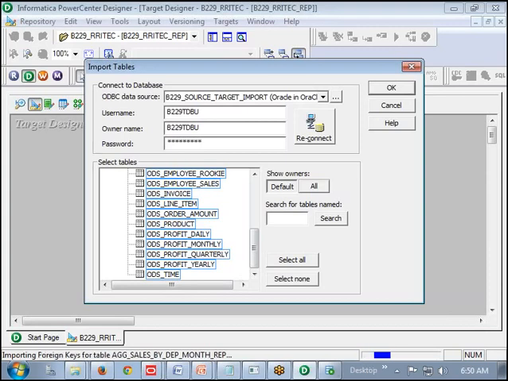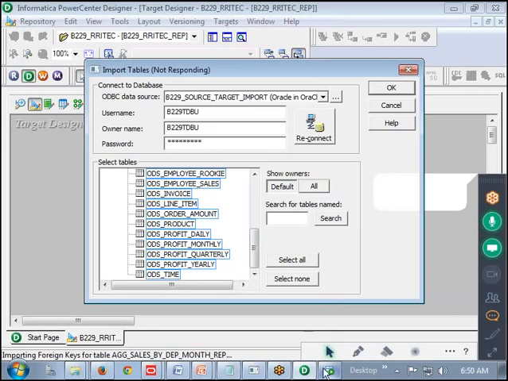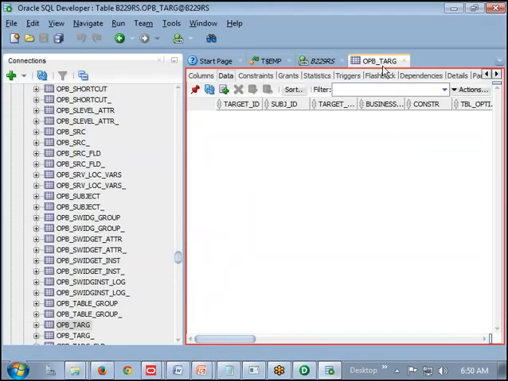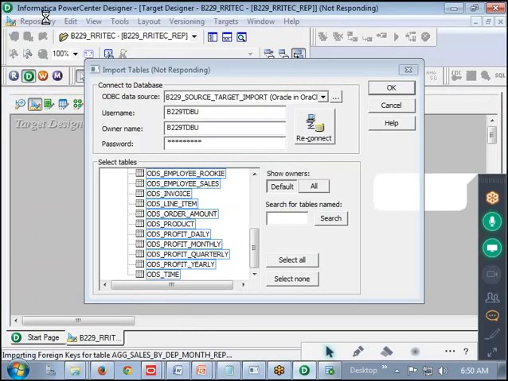Excellent. Now we are going to see shortly that all these tables will be imported. Now if you go and see the backend, one of the tables, OPB_TARG. Do you have any tables here? If you click on refresh, do you have any tables? No. You won't get any tables until you save it. We have to save it.